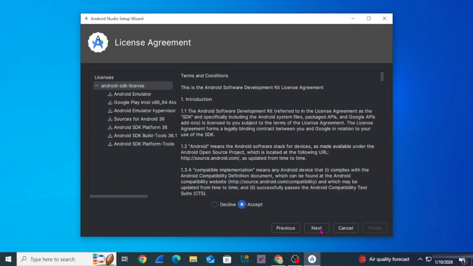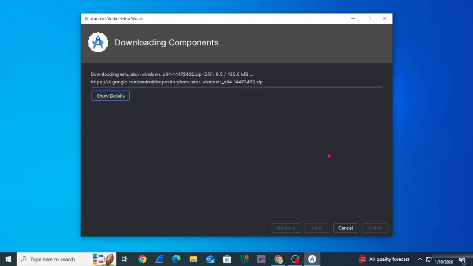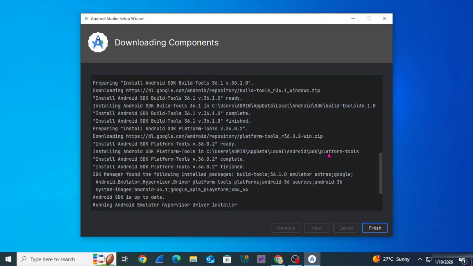So now it is downloading my virtual devices. So hence I'm saying you need a strong connection. We require installation of three things: Android Studio installation, then installation of virtual devices, and installation of SDK. Okay guys, so it will take a while, so please wait. It takes I think around half an hour for completing all the installation. If your internet is good, it could be faster. Before half an hour also it could be completed.